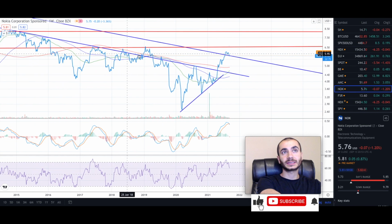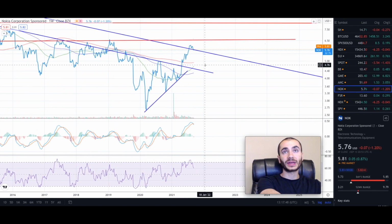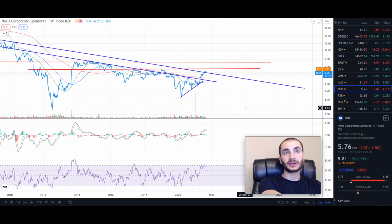Again, as long as it doesn't break through this first downward trend resistance line, I think it should be fine if the fundamentals align. But that fundamentals portion is up to you. You have to find out if the company is fundamentally sound. Quick thing too, they had a technology conference with Citi, the bank, on September 13th, 2021. I highly encourage you to listen to it, so that you know if the company is still sound fundamentally, because